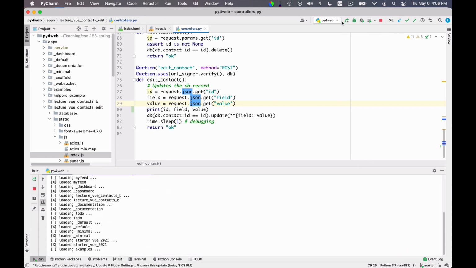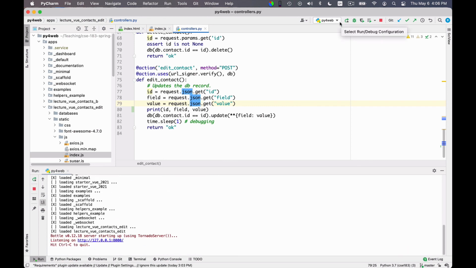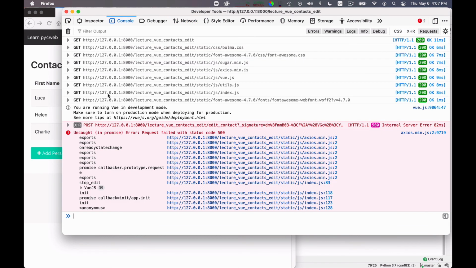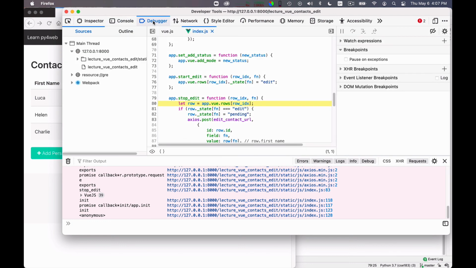There are many other subtle errors, but to recap, when you find an error, the general procedure is this one. You need to check the console. You may find indications in the console. If you see that nothing is happening, you need to move on to the debugger and try to add breakpoints.